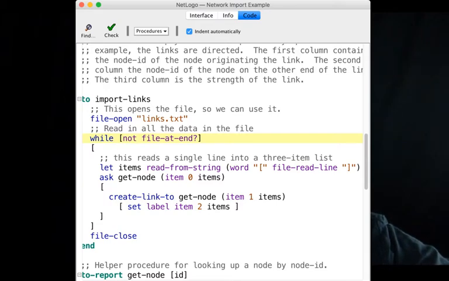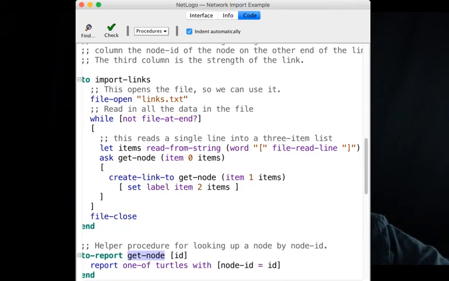And so then it's saying ask get node item 0 of items, and get node is actually a command that's written in this code, which basically says report a turtle that has a node ID equal to that ID, right? And if there are none, it's going to report nothing, right? So it's going to ask get node, and in some cases,